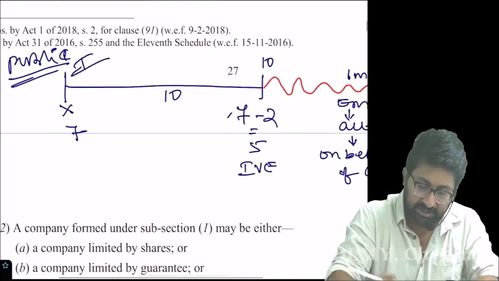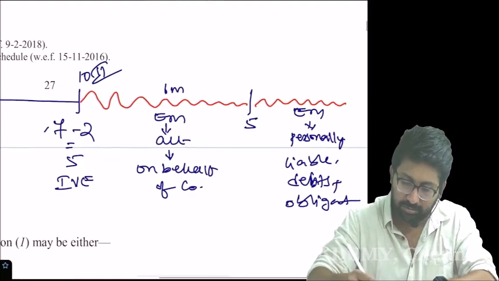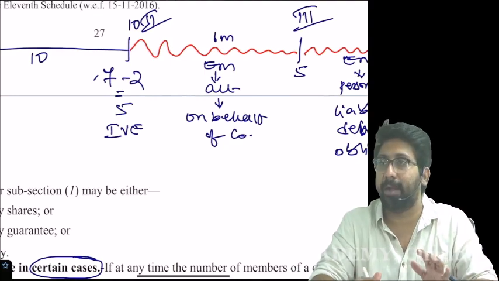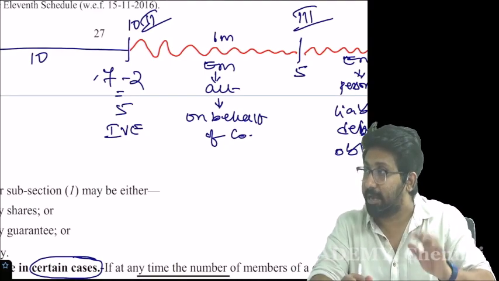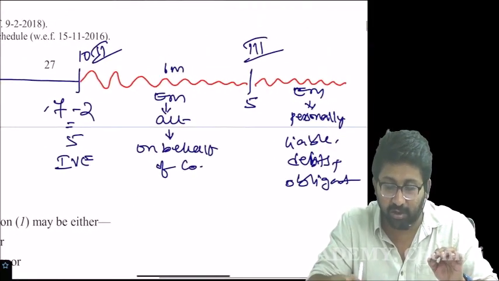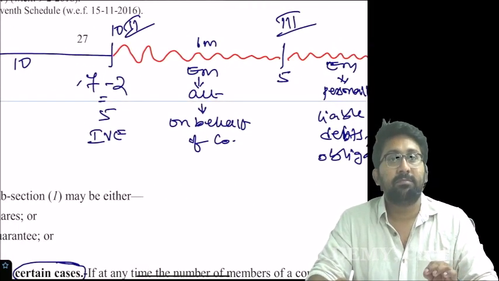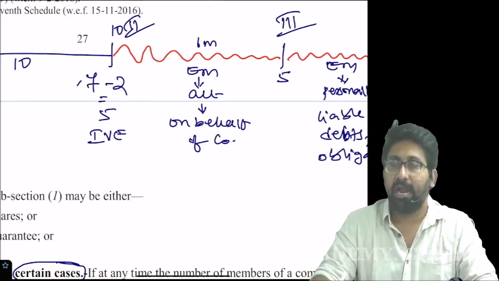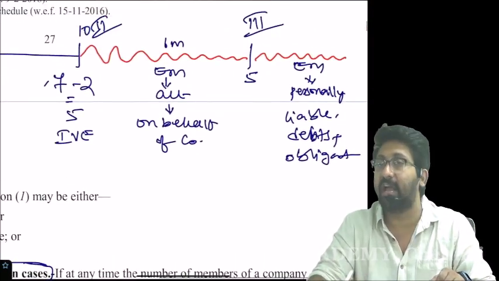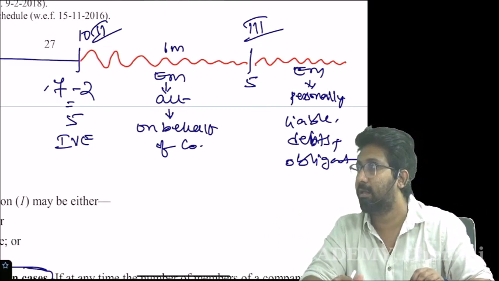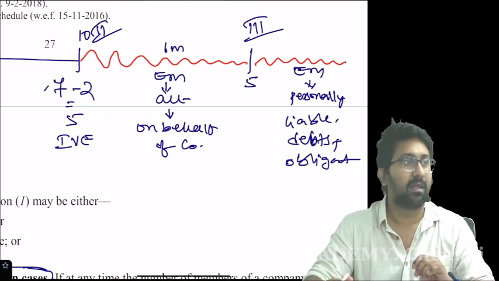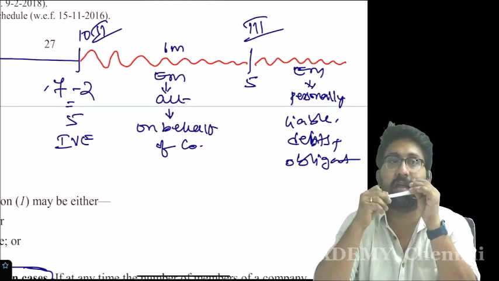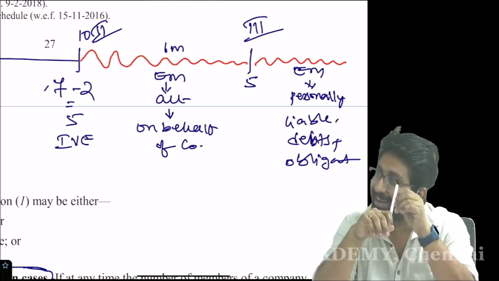See the screen once. Stage 1, stage 2, stage 3. Now you should tell me. It ceased as a company. I repeat. It ceased as a company in stage 1, stage 2, stage 3. See, mixed answers again. It ceased to be a company at stage 1, 2, or 3.